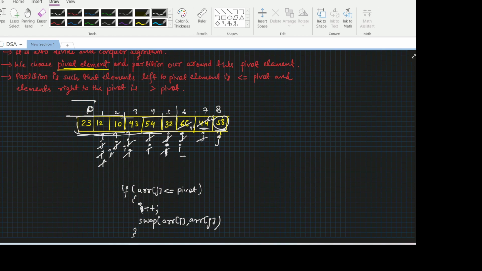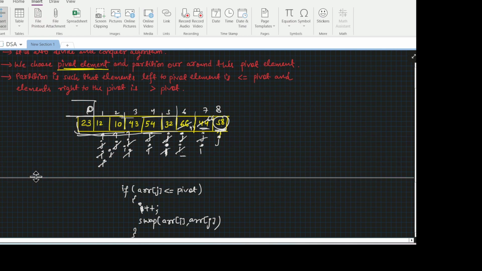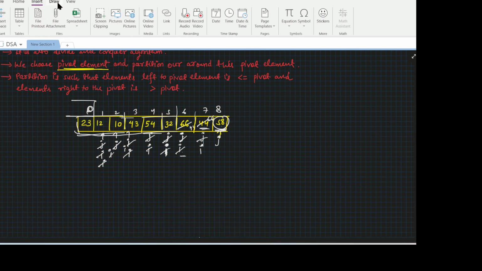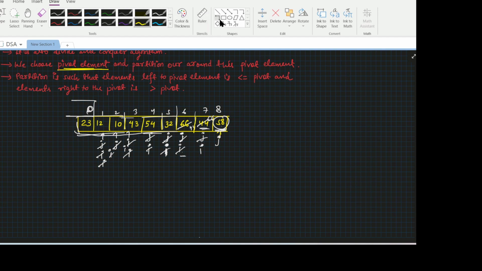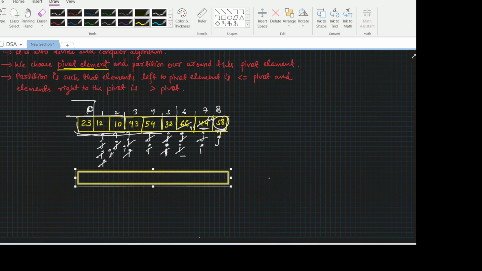Now we reach the end of the index. Okay. Now what we will do? We will increment I again and we will swap it with the pivot element, that is the end index. Then 58 and 66 will be replaced and now our array will become like this. Now our array will look like this: